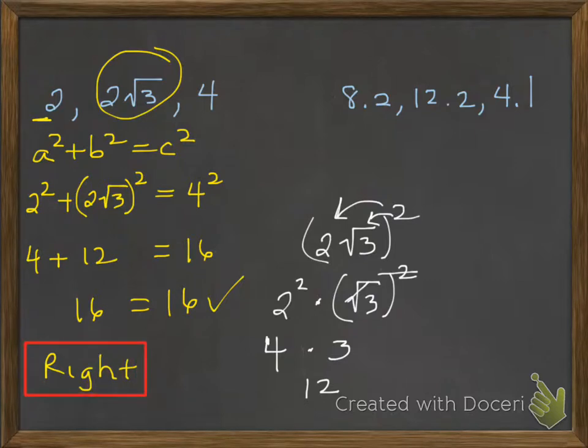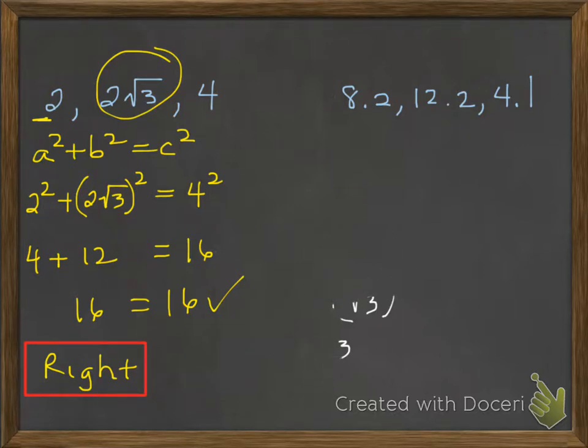Okay, let's look at the next one. I'm going to erase this so I have a little room to work. This one's a little bit easier, simply because, while you're going to have to use your calculator primarily, you already know which sides are larger and smaller. You need to make sure you put them in order because they put this 12.2 in the middle to throw you off. So you can go ahead and put 8.2 squared plus 4.1 squared